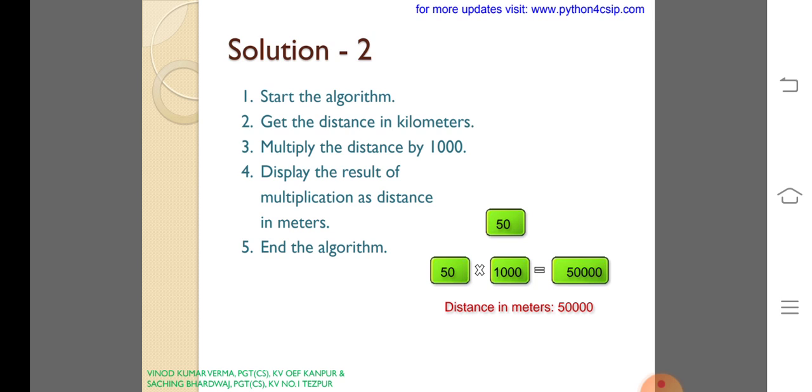This is the second solution for finding the meters by getting the kilometers. The user will give the distance in kilometers.